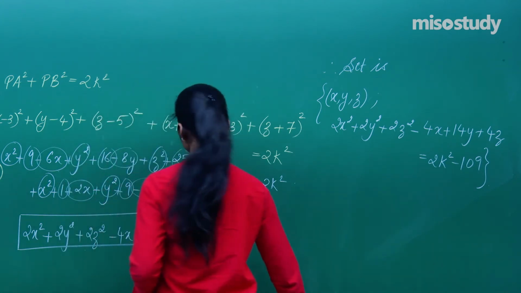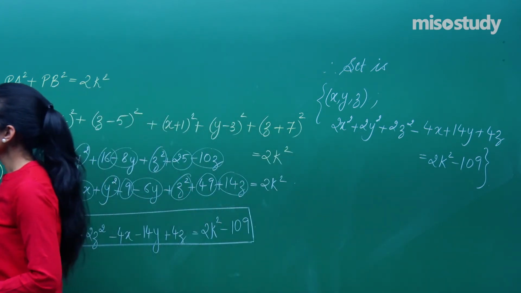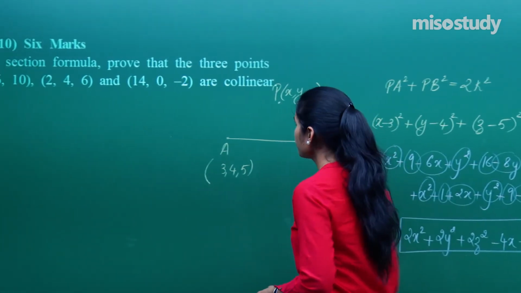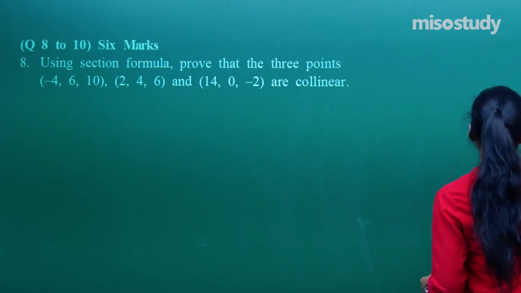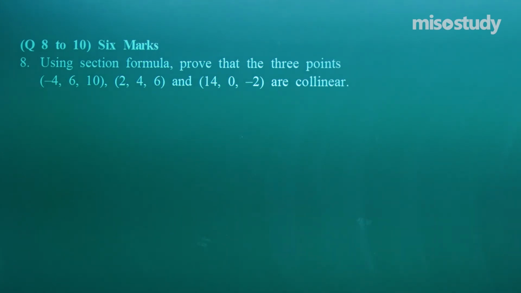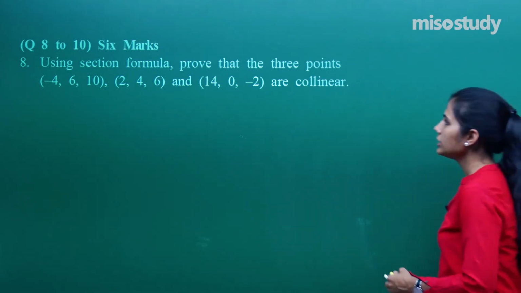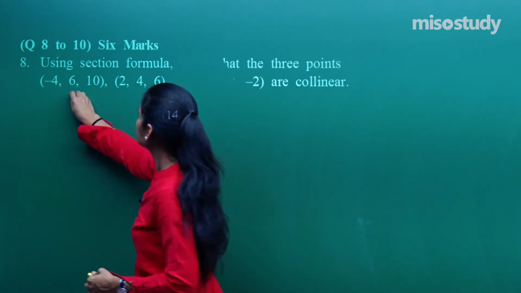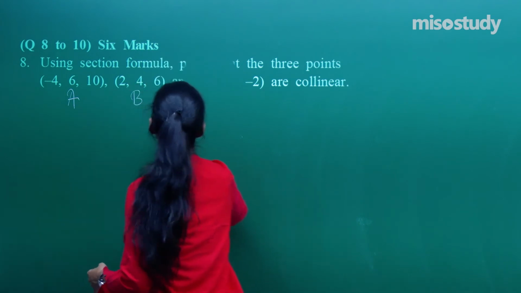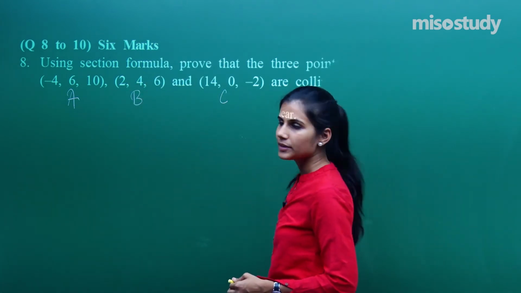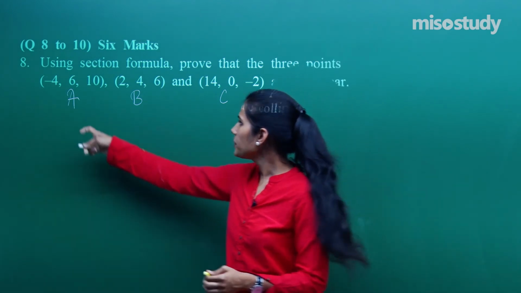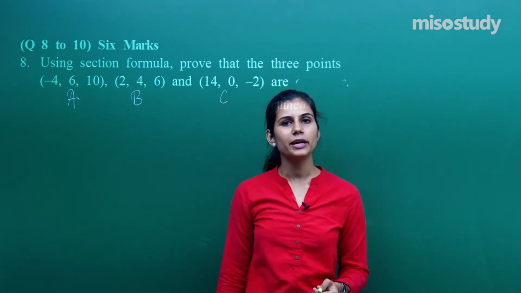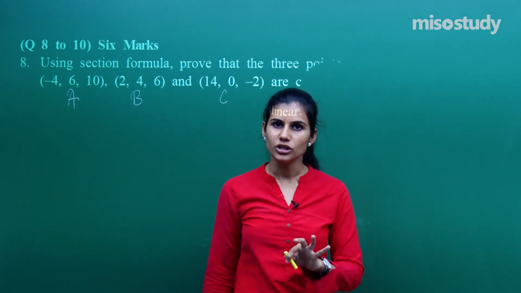Is it clear? Moving to the next question, we have using section formula prove that these 3 points are collinear. Now we have to use section formula in proving this. There is this very beautiful concept which is used in order to show 3 points are collinear with the help of the section formula. I say let this be A, let this be B and let this be C. I have to show these 3 points are lying on one straight line. Let's just pick up these 2 points for now, because section formula at one time can be applied with the help of just 2 points.